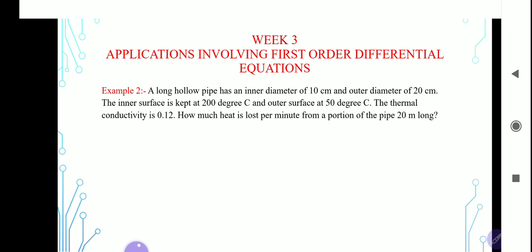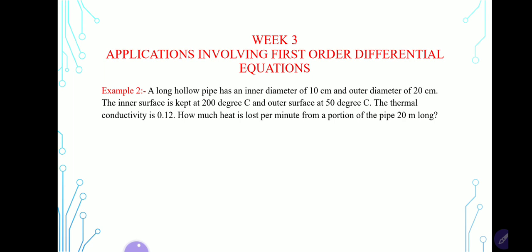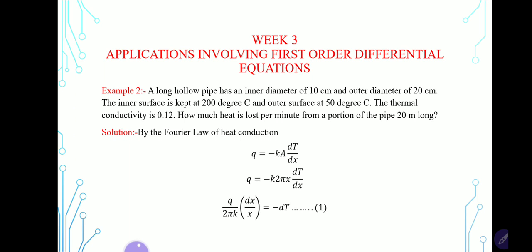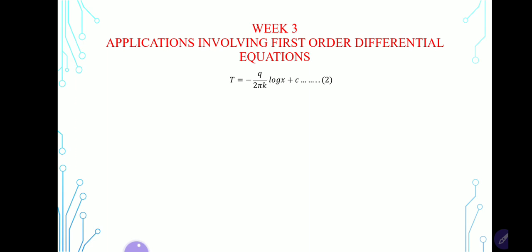Now using Fourier law of heat conduction, we can write q is equal to minus kA into dT by dx, where q is again the constant quantity of heat flowing out radially through a surface of the pipe having radius x centimeter and length 1 centimeter. Then we can write area A is equal to 2 pi x. So q is equal to minus k into 2 pi x dT by dx. Using variable separable form, this can be written as q upon 2 pi k into dx upon x is equal to minus dT. If we integrate this equation 1, then we get